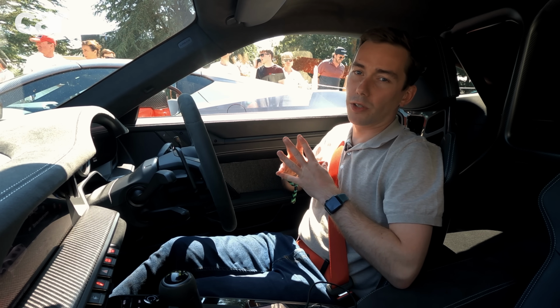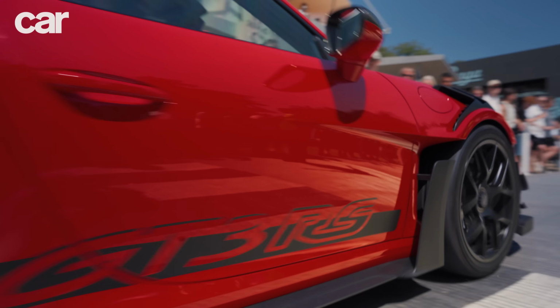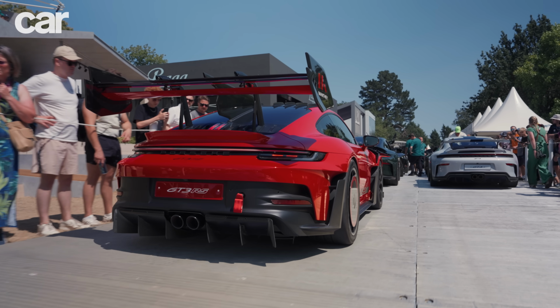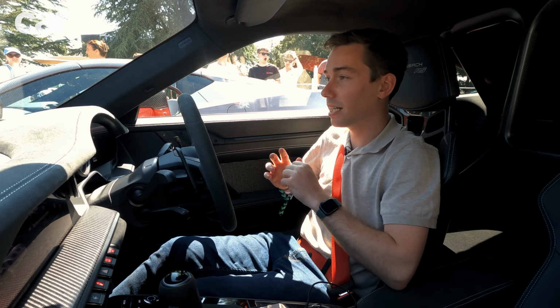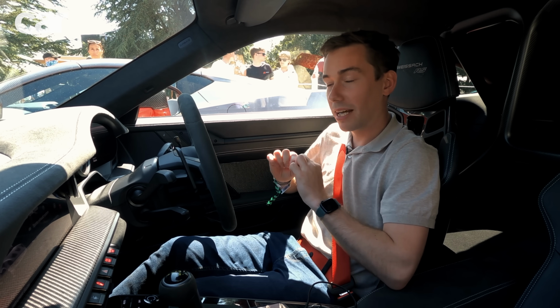So here's something you might not know. Goodwood Festival of Speed involves a lot of queuing. Even if you're driving a car up the hill, there's lots of very expensive traffic jams and lots of waiting around. But it does give me an opportunity to tell you all about the suspension on the Manthey kit, because